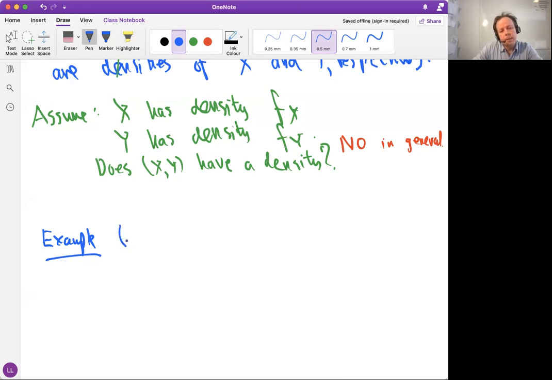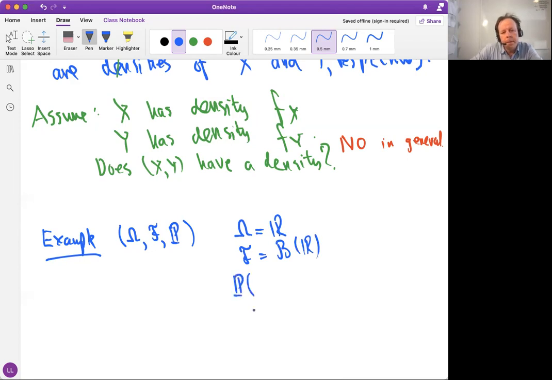Yes, let's look at some nice space, Omega with P. Let's make things concrete. Let's think about the concrete Omega. Let's take Omega to be the real line. Let's take F to be the Borel sigma algebra on the real line. Let's define P as a probability measure. So if you give me a Borel set in F,